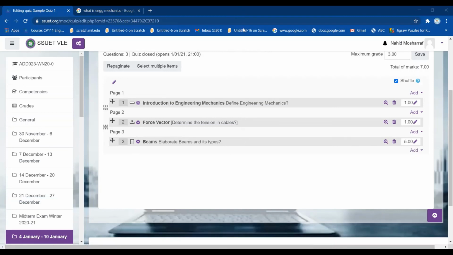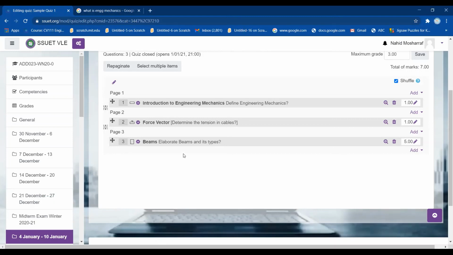The student will be able to write down the text over here. If he wants to add any image, he can also add the image. If he wants to add any recorded video, recorded audio, or a URL from the internet, he can also provide it. It depends completely upon the type of question, whatever you are asking and whatever instructions you have provided to the students. And you can see over here this is the file option, and a student can add any type of file and you will be able to check it.